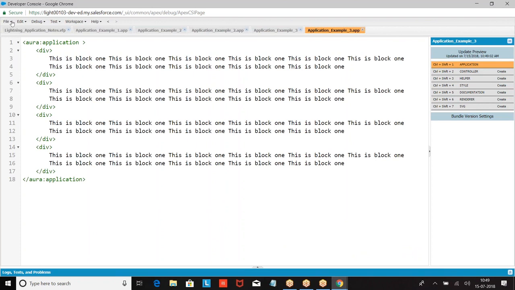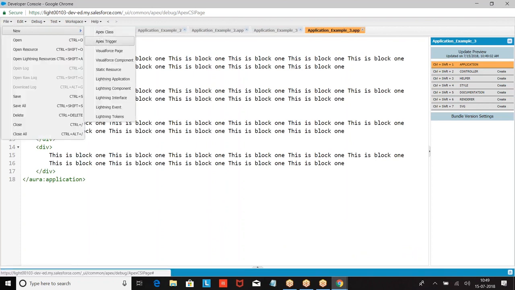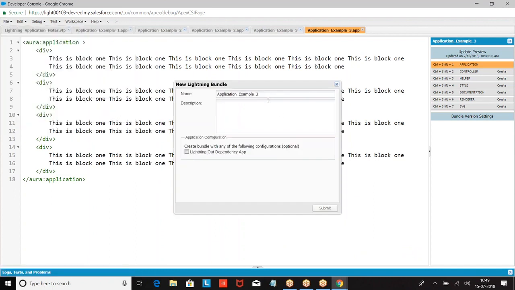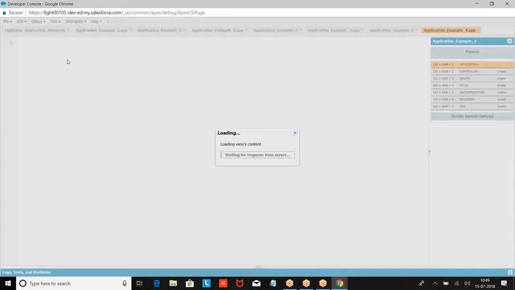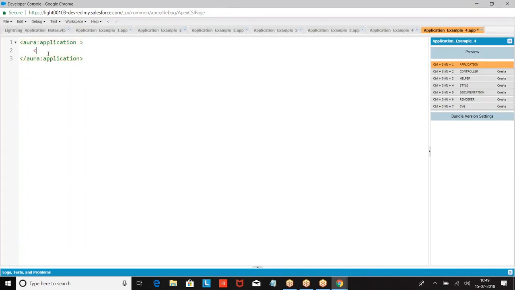Now, the third one. What is the third one we are going to use frequently? Headings. If you use other things, it will not work out.